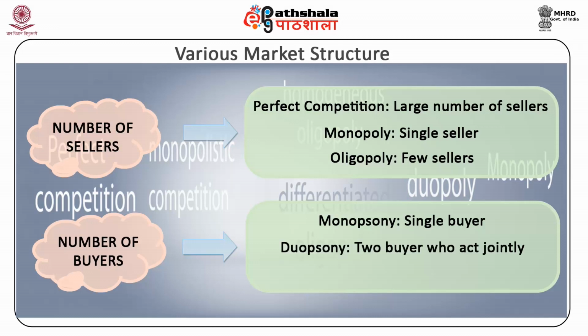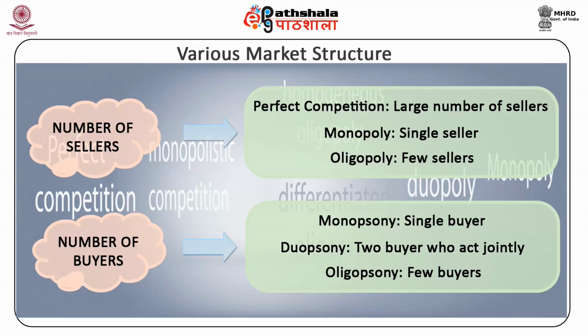This is called a duopsony market. There may also be a few organized buyers of a product. This is known as an oligopsony market. Duopsony and oligopsony markets are usually found for cash crops such as rice, sugarcane, etc., when local factories purchase the